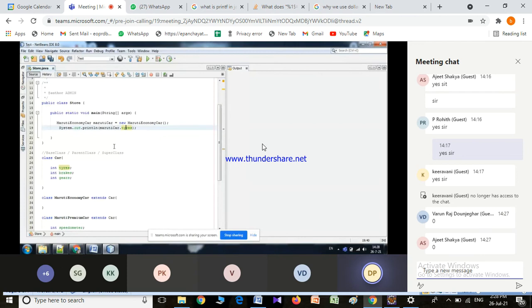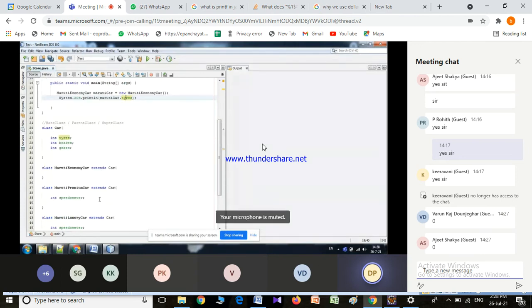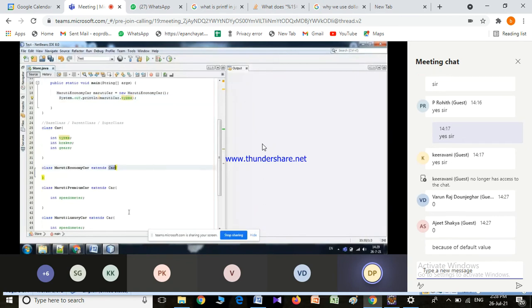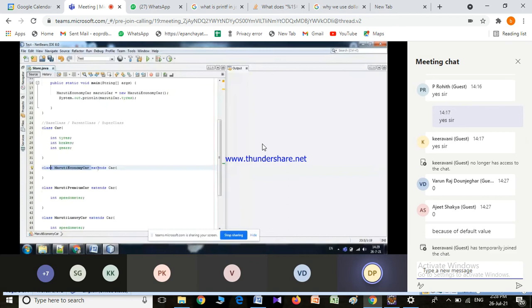Why? When the JVM comes across this line, first it will check inside this child class. If the parameter is available inside the child class, it will print that value. If it is not available, then it will check the parent class. If I don't have this value inside this one and it is available in the parent class, then it will print that.